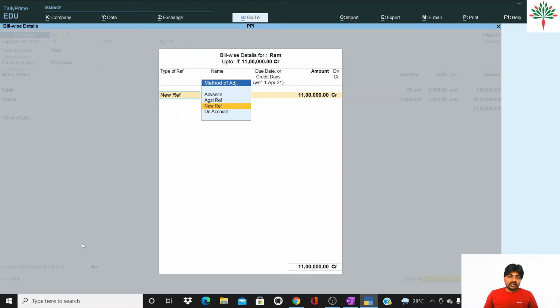Against a new reference. Do you know the meaning of advance against reference, new reference? It means you have not paid money yet and you are getting goods, you are getting items. Then how will you be able to pay for the purpose of the payment?